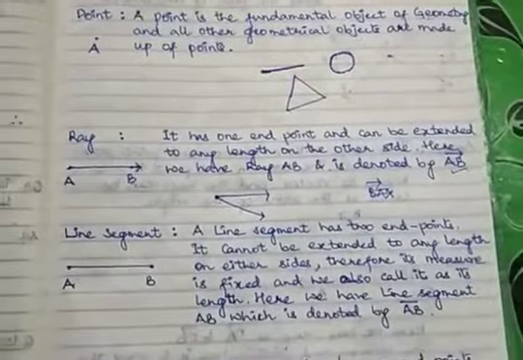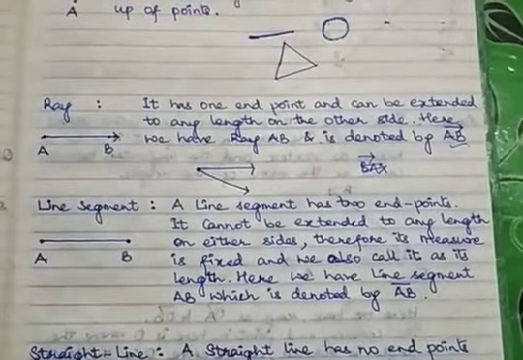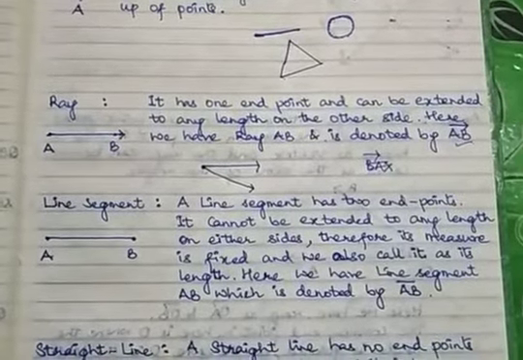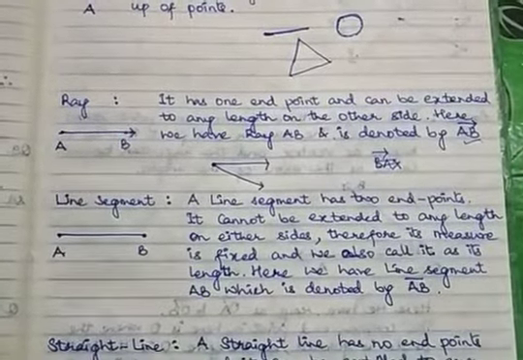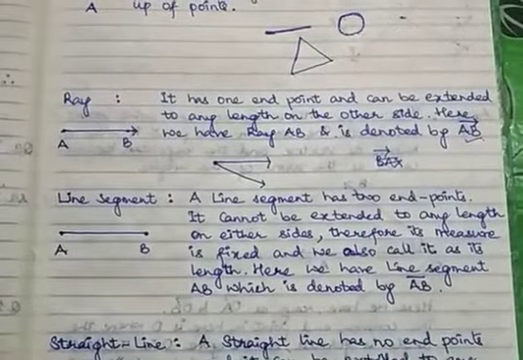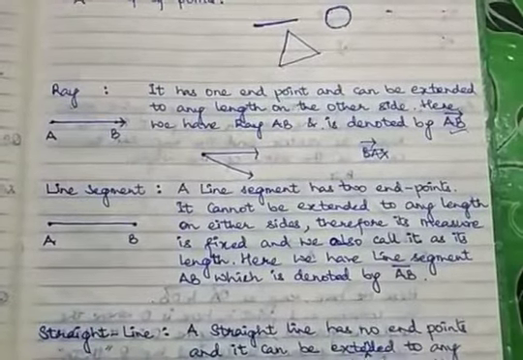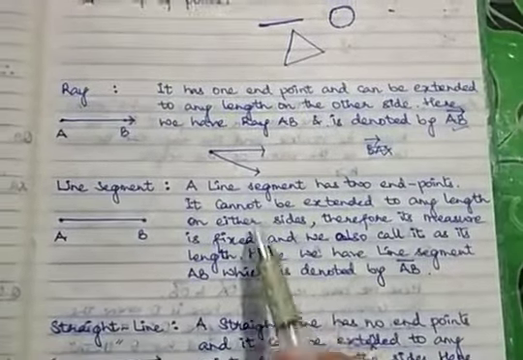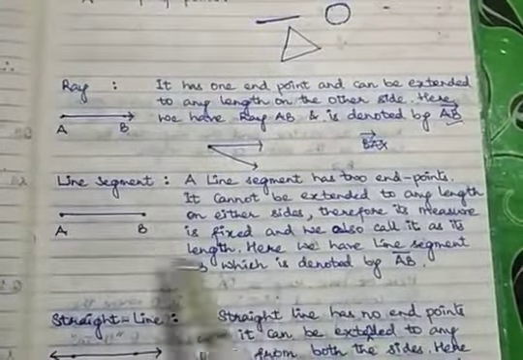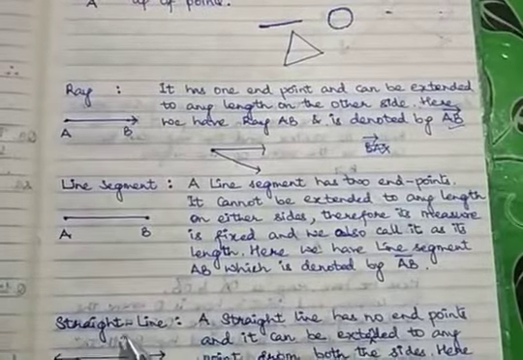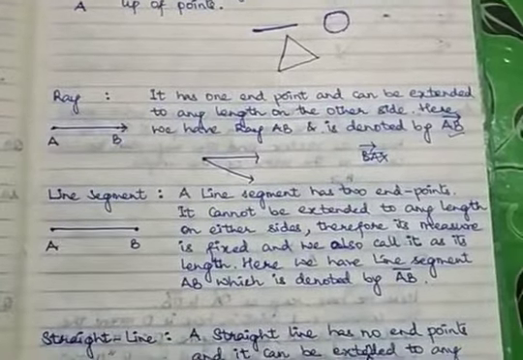Now the next topic we have here is a line segment. It's written here that a line segment has two endpoints. It cannot be extended to any length on the other sides, therefore its measure is fixed, and we also call it its length. Here we have line segment AB, which is denoted by AB with a simple line above it. For example, if I tell you to draw a line segment of 10 centimeter,